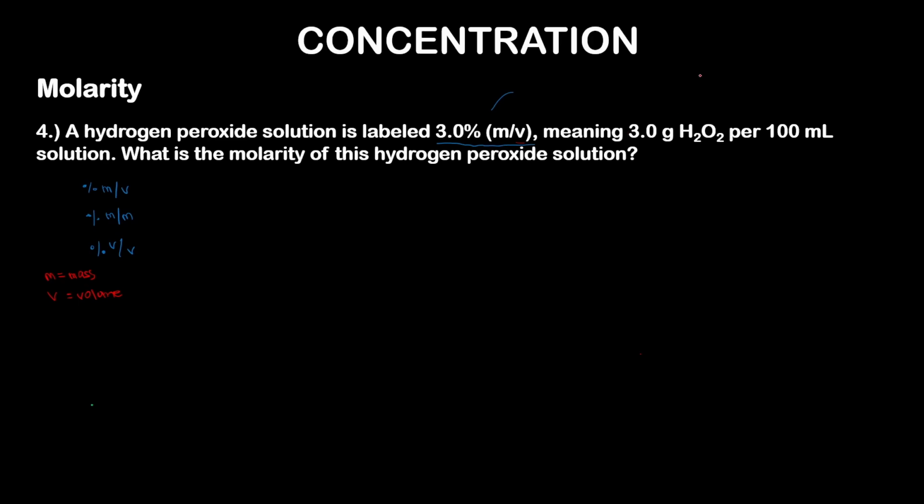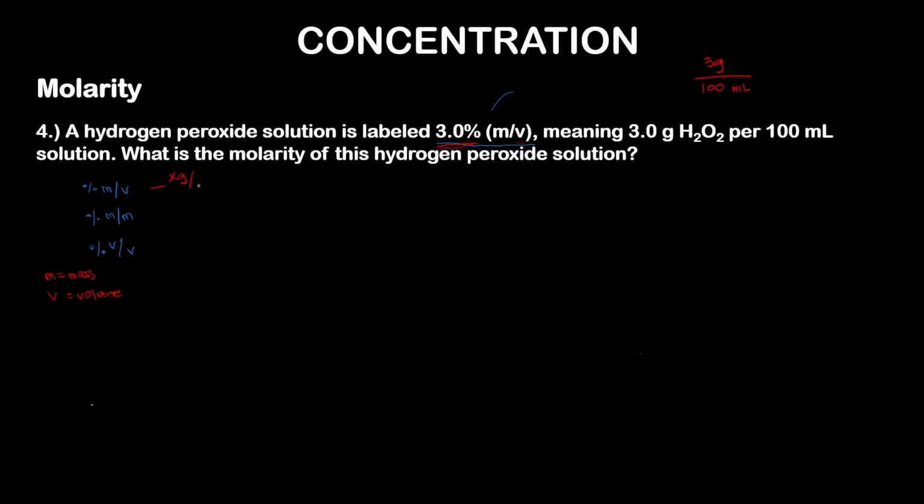So for example, in this case, we have 3 grams H2O2 per 100 ml. So the numerator would be the percent value, which is 3, and in this case, mass in grams, and then we always put 100 ml. That's the more convenient way. Okay, so when it's M over V,